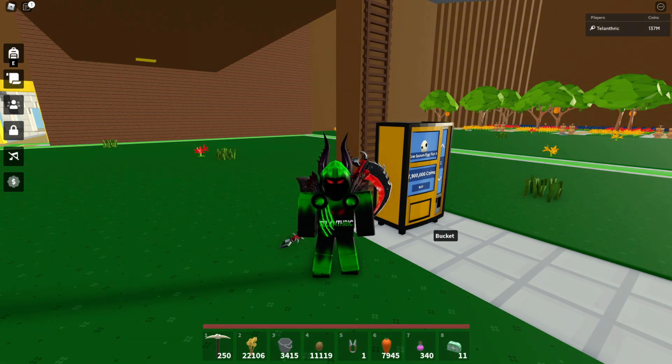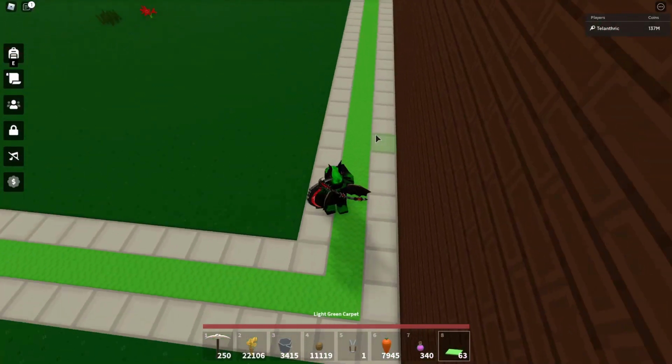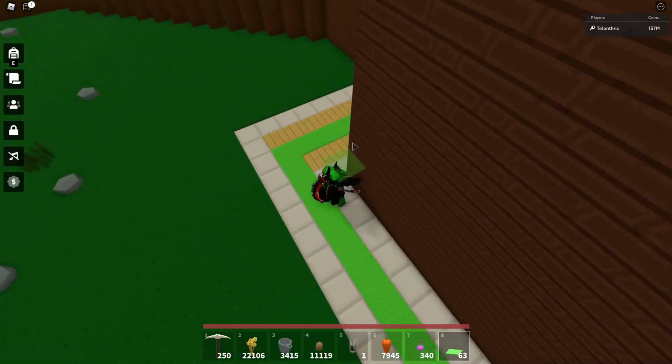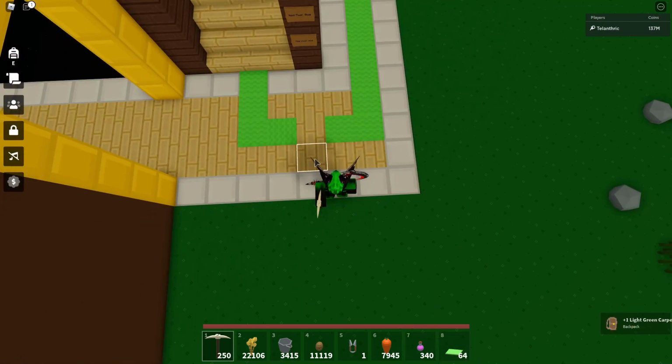So this is probably going to be the house that has the miner NPC by it. There aren't any leaks of the miner NPC yet, but I have been told by many people that are usually right about leaks that there's going to be a miner NPC. So he's probably going to give you quests and then just...